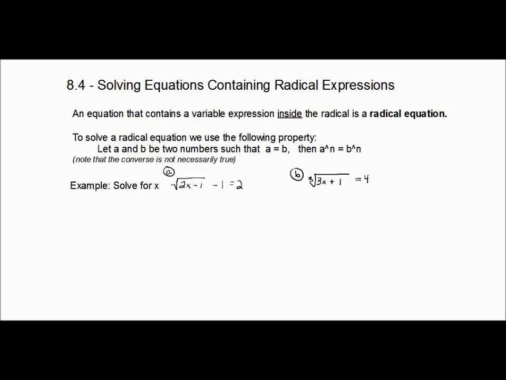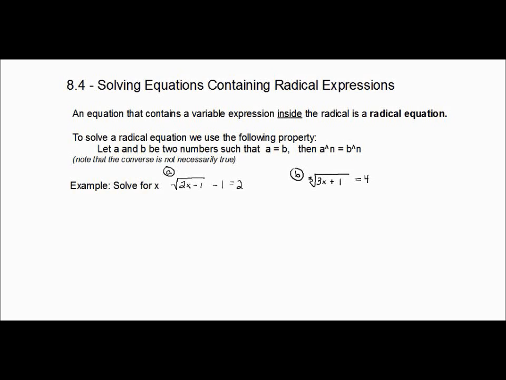Hello everybody, we're going to be talking about 8.4, solving radical equations this time. That is equations that contain variable expressions inside of the radical, so we call that a radical equation. A couple of examples are shown below there. The property we're going to be using is the one that says to solve a radical equation,